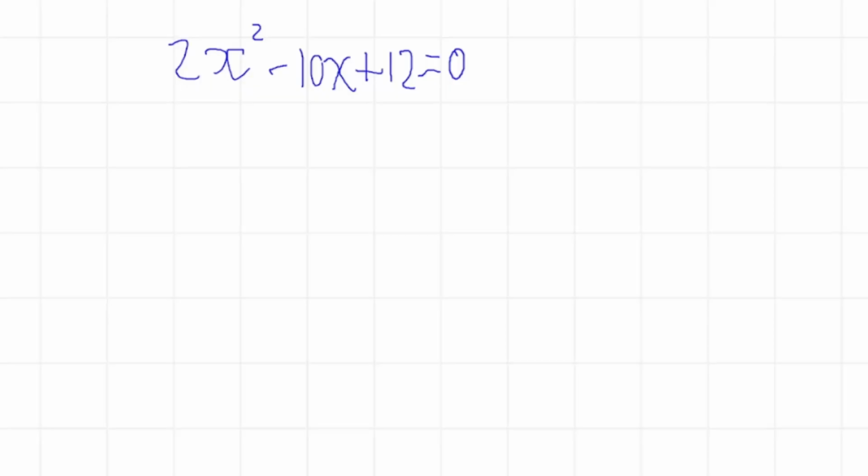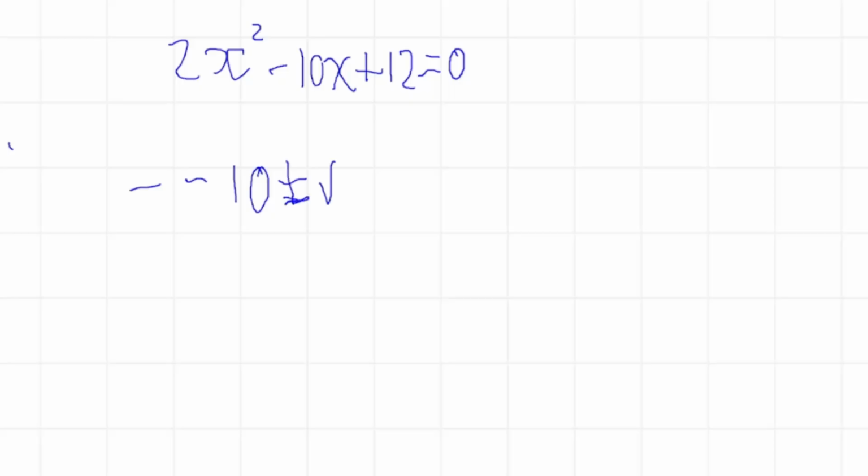Okay, so the quadratic equation we're going to be solving is 2x squared minus 10x plus 12 equals 0. Just a quick reminder, to be able to solve a quadratic equation, it needs to be in the equal 0 state. So we're just going to start off by putting it into the format. So it's minus b, so it would be minus 10, plus or minus